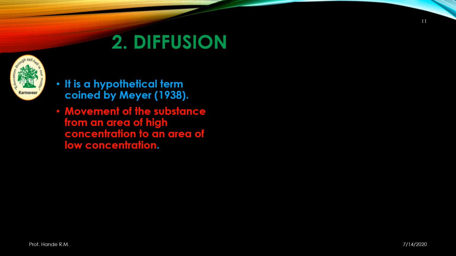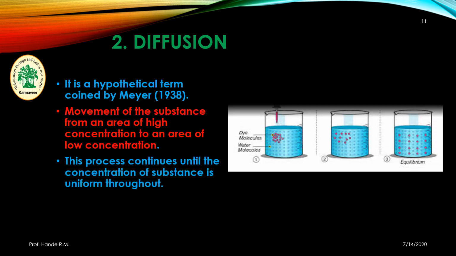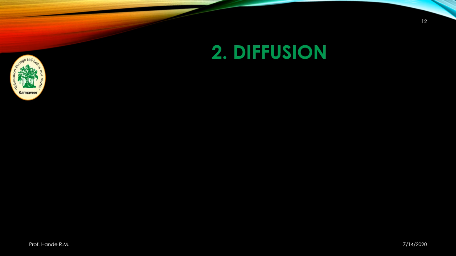Diffusion results in diffusion pressure and diffusion pressure deficit. Diffusion pressure is also known as DP in short, and diffusion pressure deficit is also known as DPD or suction pressure, SP. Diffusion pressure deficit means DPD, and deficit means decrease. So diffusion pressure deficit is also known as diffusion pressure decrease.